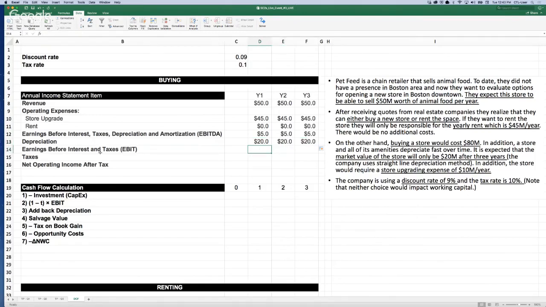Okay, so then what we need to do is calculate the earnings before interest and taxes. We take this value and subtract. Sorry, give me a second.